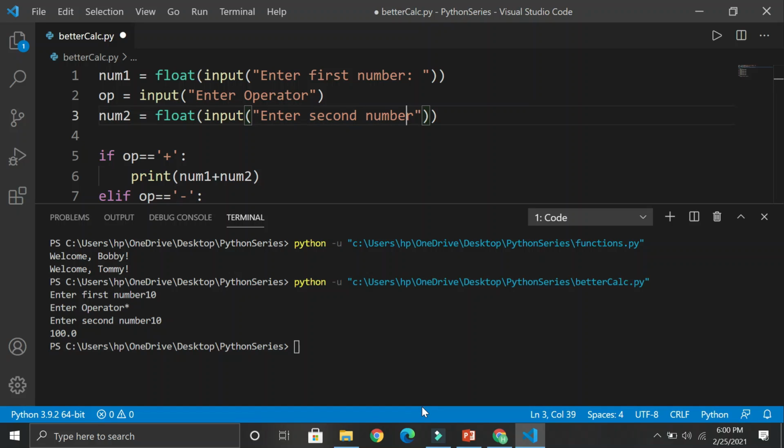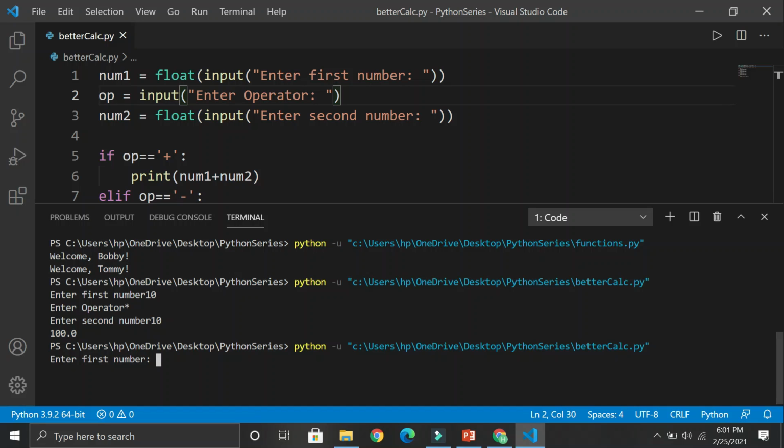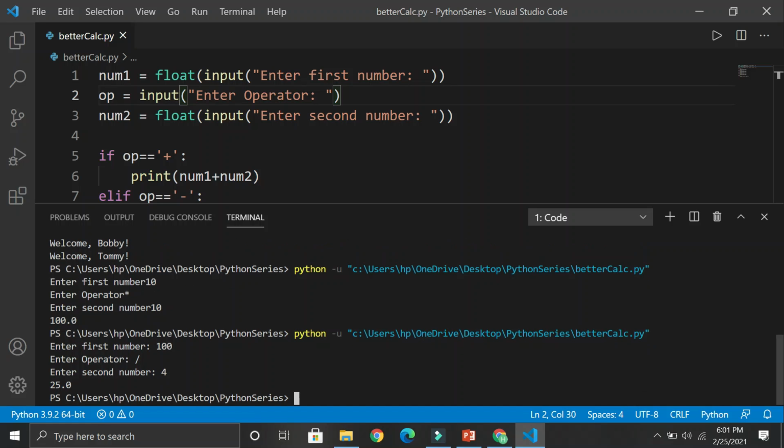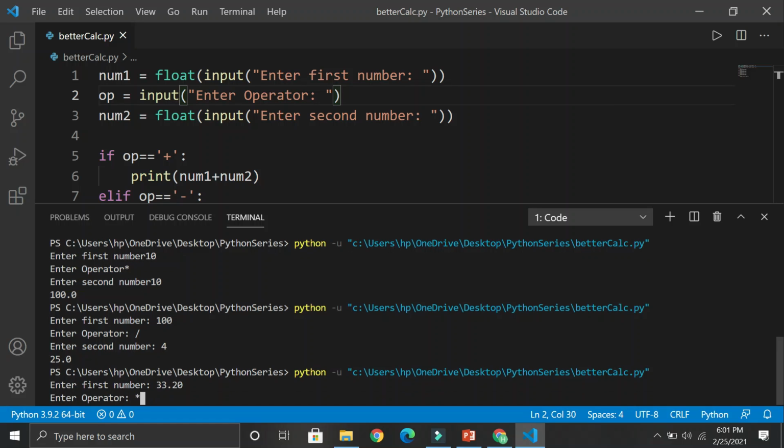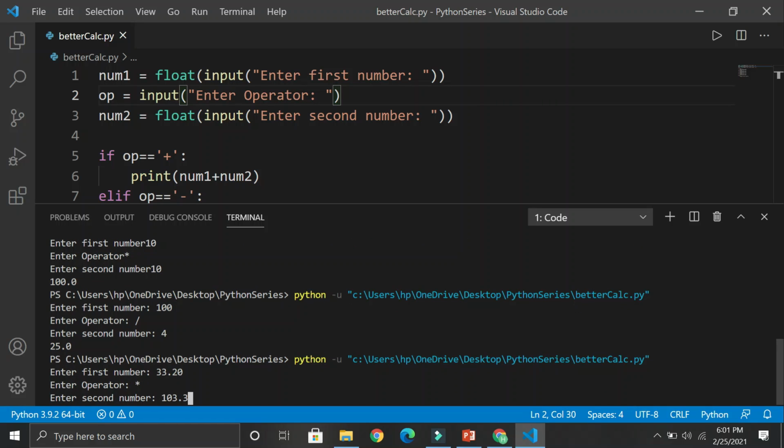by putting some colons. So putting a colon here, a colon here, a colon here, and let's save it. And now let's run it. So run the same code, enter a number, let's say 100, and the operator, sorry, let's say divided by, and now let's say 4. Now you could see 25.40. Now let's make it even better by giving a precise thing. So something like 33.20, multiplying it with something like this,